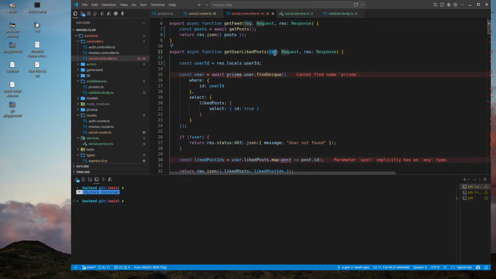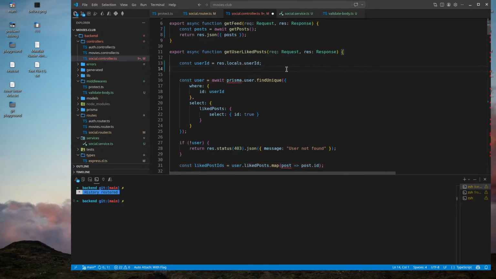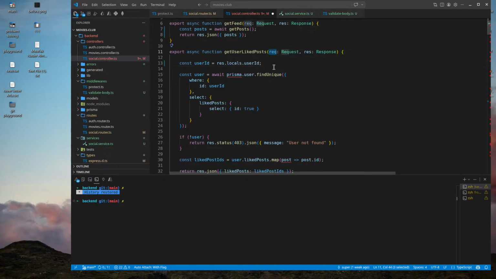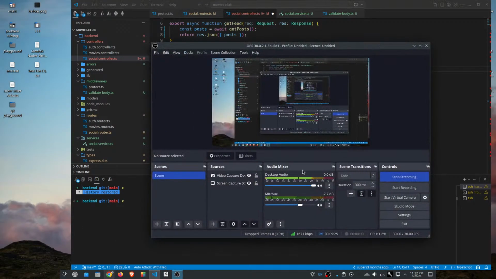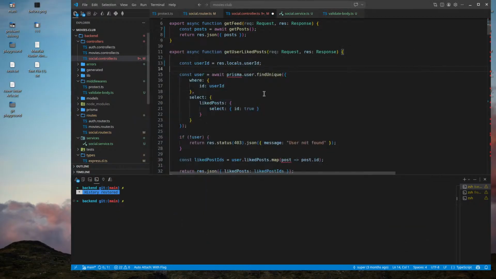I won't reach the request unless there is a user ID inside, because this is what Express recommends. But I've seen people attaching properties to the request. Now we have locals, it's working.